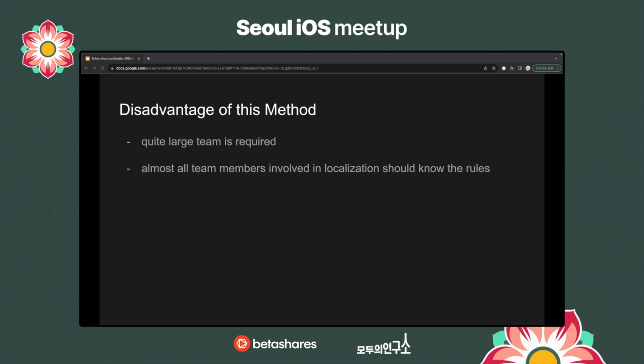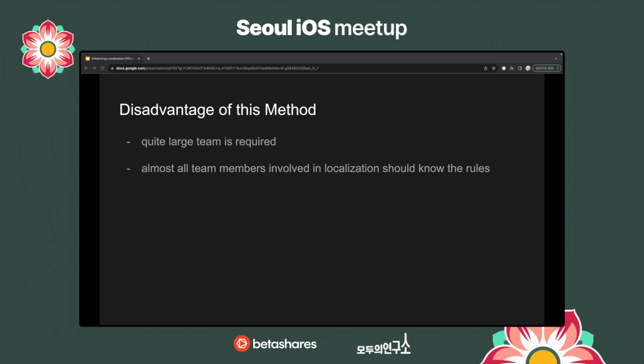So the process we looked at earlier has solved the chronic problems that the traditional localization process had. However, the method introduced earlier certainly has its disadvantages. The biggest disadvantage is that to maintain this localization process, it requires a well-coordinated team of at least 5 members.